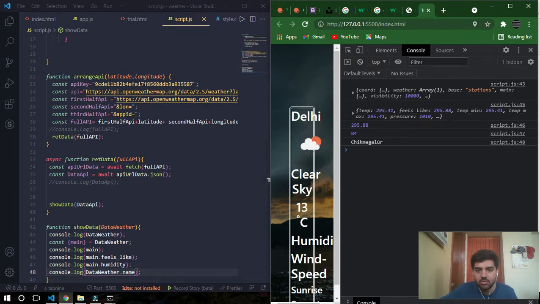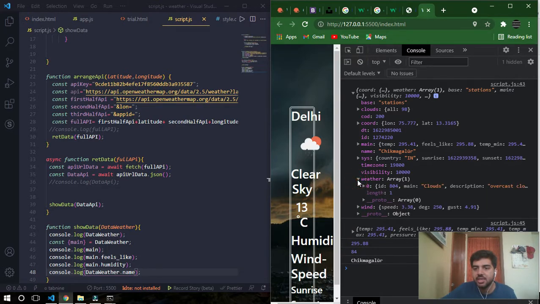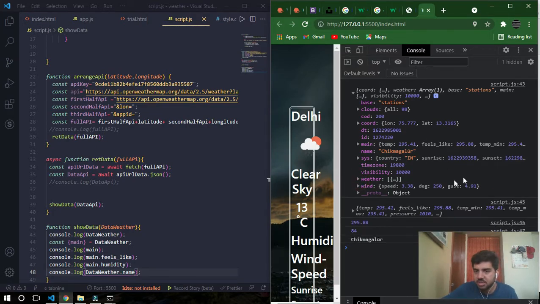Now we need description. Where is description? Inside the weather. Actually weather is an array. So this was an object, but this is an array of objects. What is an array? An array is a collection of similar data types. So weather is an array which is inside the main JSON object of an API.